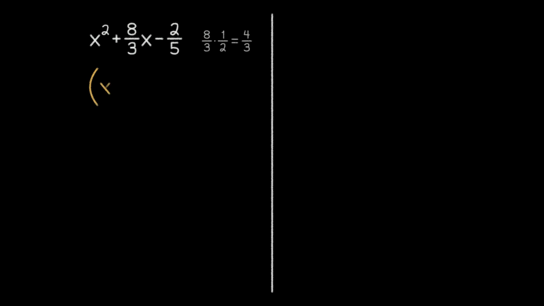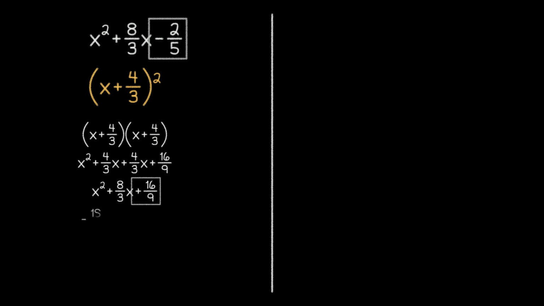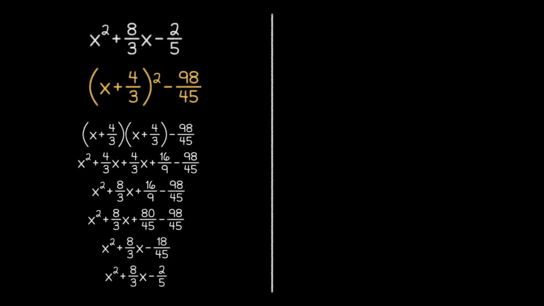Then, we'll place that fraction in our perfect square and convert our guess into standard form. At this point, we need to take -2/5 minus 16 over 9, which is equivalent to this calculation. Then, we can modify our guess and simplify the resulting calculations to verify that we have the correct vertex form.